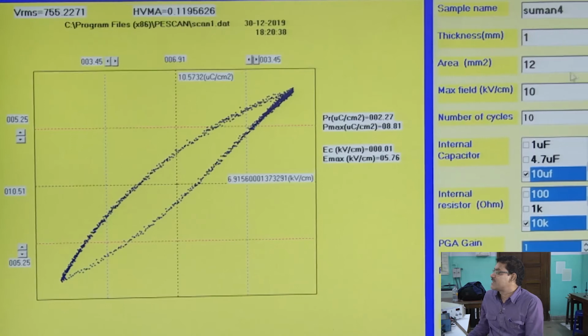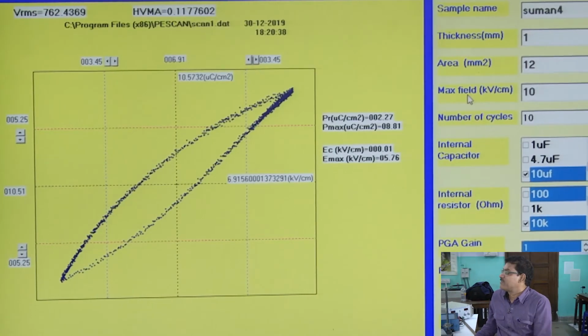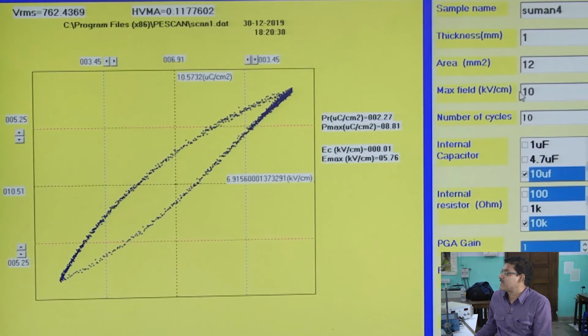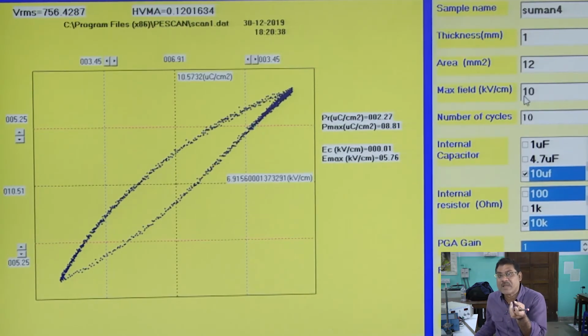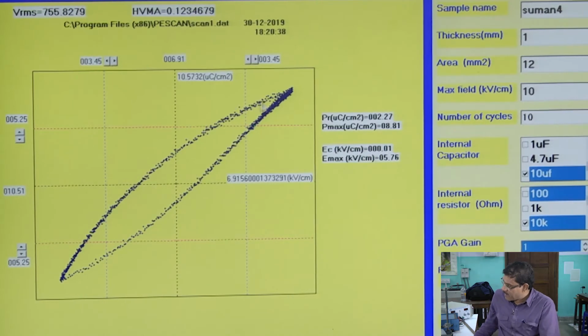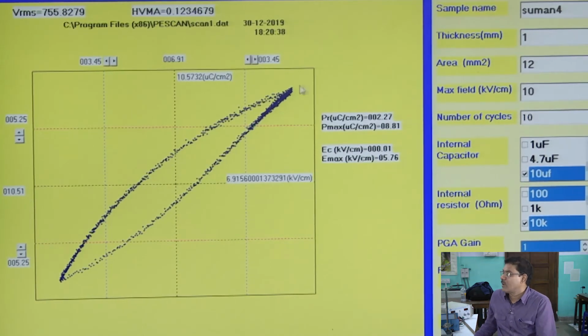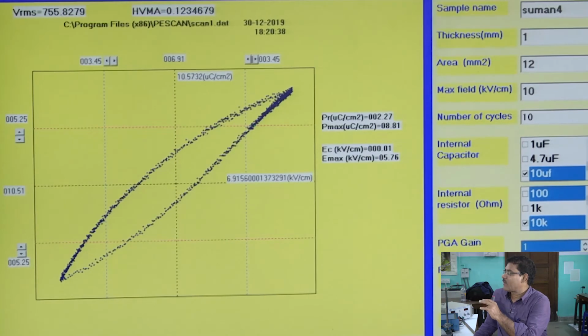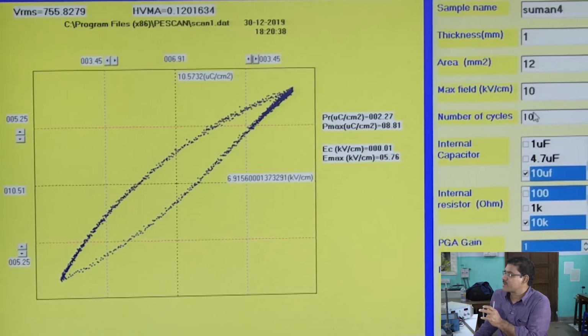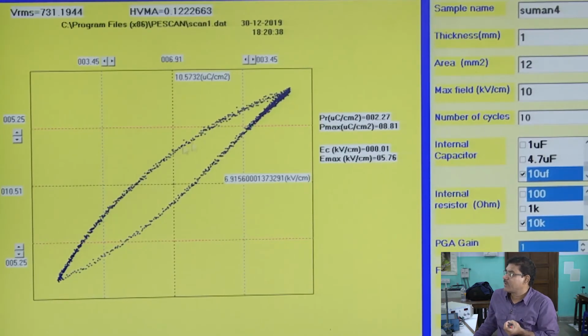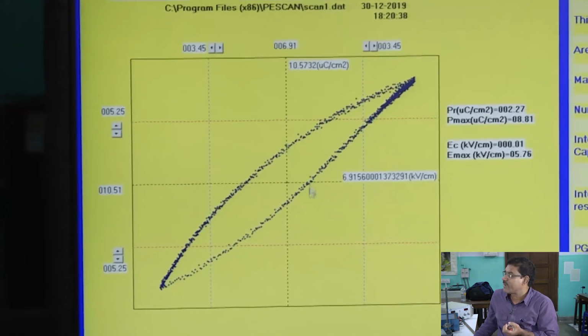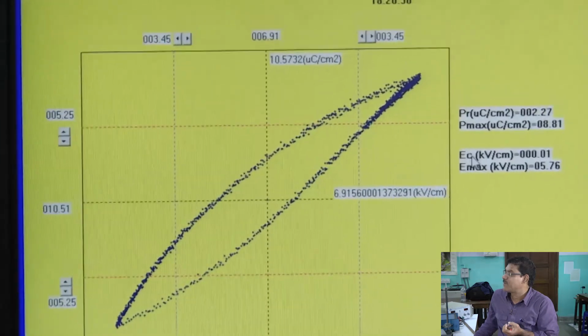I have given a maximum of 10 kilovolt per centimeter, so we have to change this, say to 20. Then maybe we can get the saturation value. One can play with these parameters and find out the PR value, PS value, saturation value, and then the EC value, the coercive electric field.